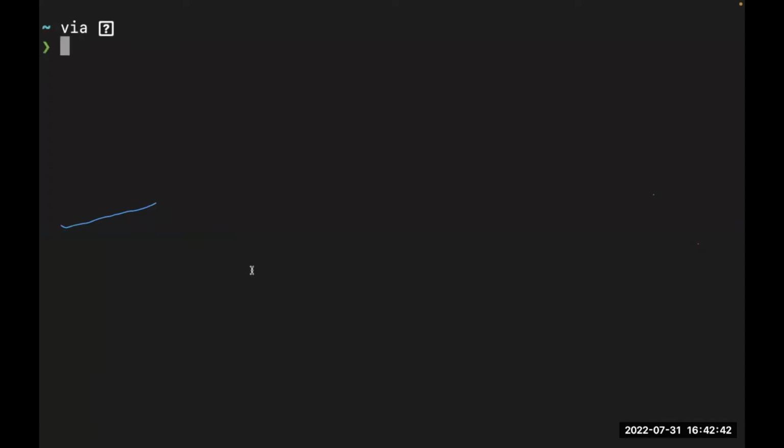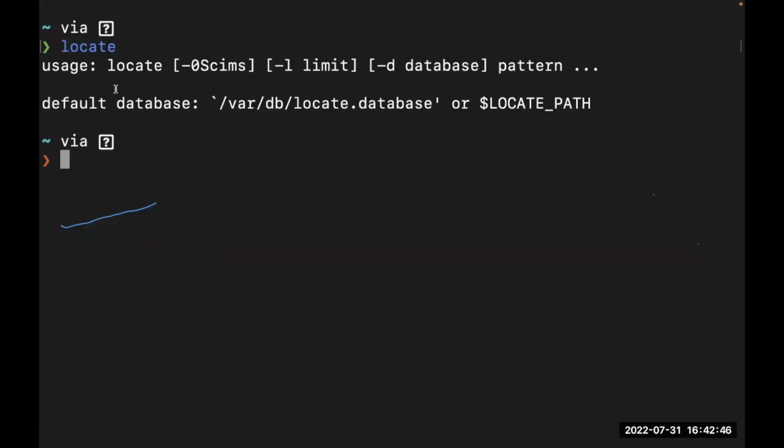All right. So I'm going to run the locate command, and you see it's telling us a default database, which of course can be updated, but I doubt this would update that database. The idea of locate in the first place is that it has this database on your system, and it keeps track of a lot of files, right? Everything in your Linux machine is a file, so we're able to use this to locate.